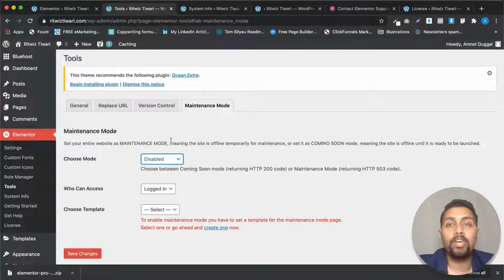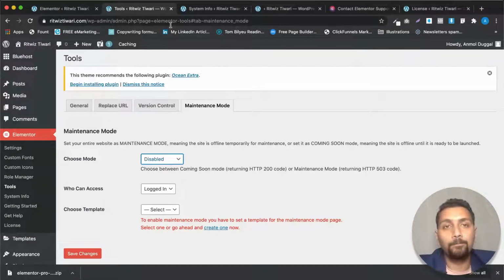But since you are creating a new website, and a lot of people are not just going to enter your domain and search for it, if you don't use it, that's not a problem. But if you are a company who already has a domain name and a following, people might be searching for you by entering your business name. Then you can choose the maintenance mode or the coming soon mode, so that people don't get a bad experience when they get into your website, because the first impression is very important. Your website might take some days to be created, and we don't want to lose the customers that come onto your website at those times.